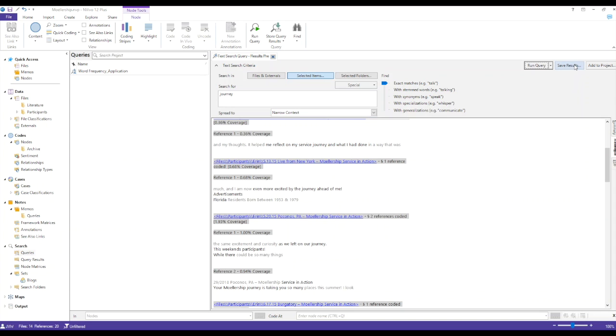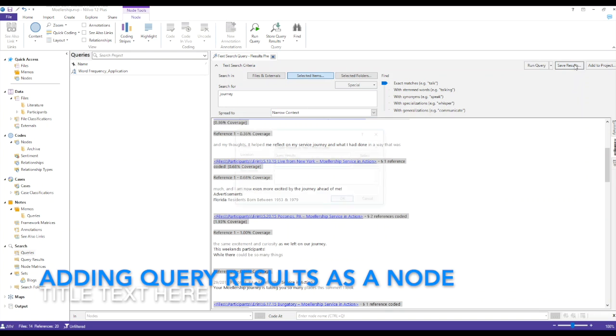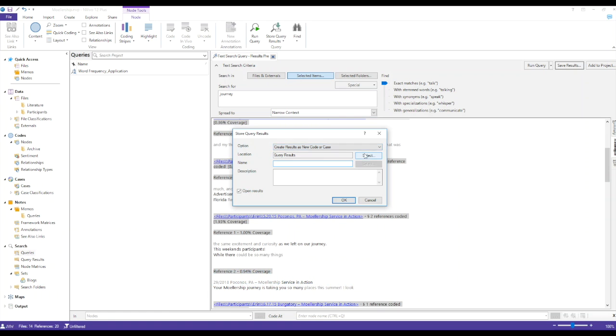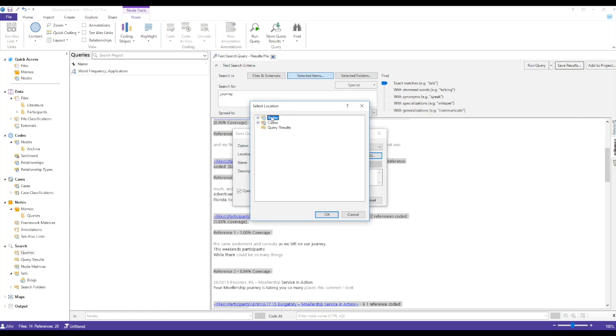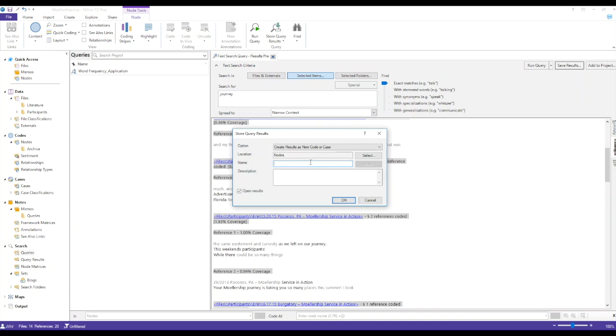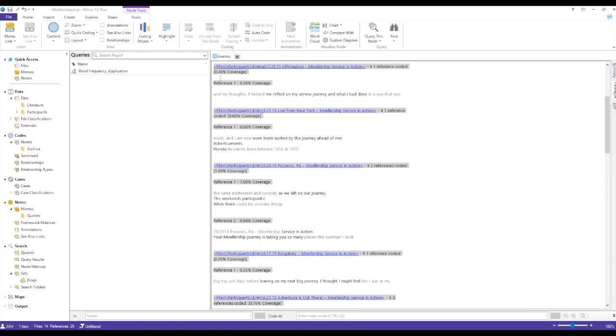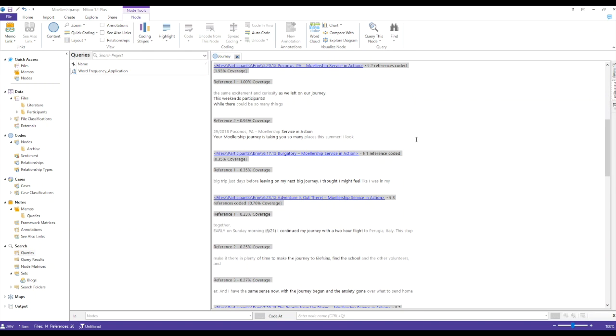This is something I want to dig into more later, so I'm going to save the results in my project. And I want to create this as a new node or case, saved in my nodes. This has been created as a node, and now I can scroll down and see if I want to code